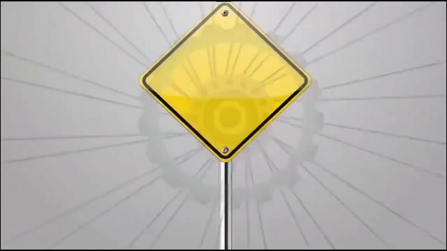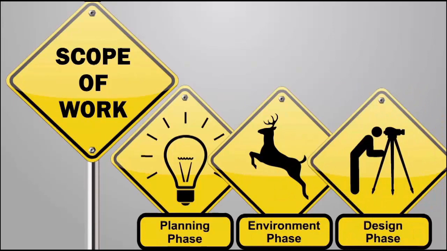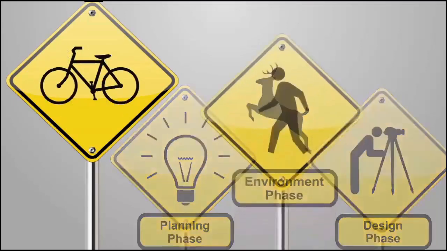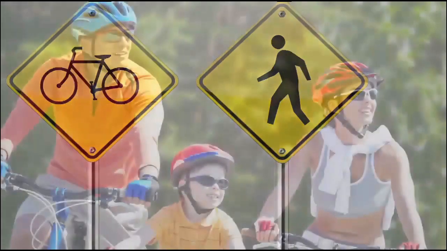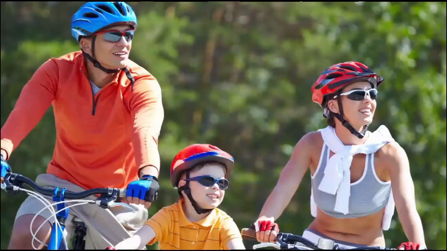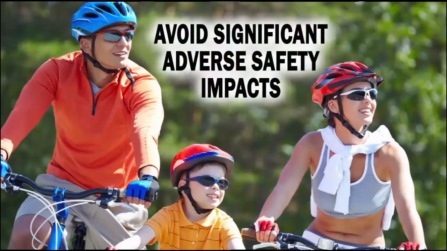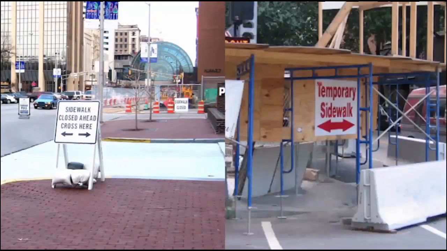You must apply bicycle and pedestrian accommodation requirements that depend on the project type and scope of work during the planning, environment, and design phases of your project's development. For example, you must consider incorporating bicycle or pedestrian transportation facilities into all new construction or reconstruction projects. On all types of federal aid projects, you must consider how your project will affect existing bike and pedestrian routes. This helps you and your project avoid having a significant adverse safety impact on non-motorists. In most cases, you won't be permitted to sever an existing major route without a reasonable alternative route either existing